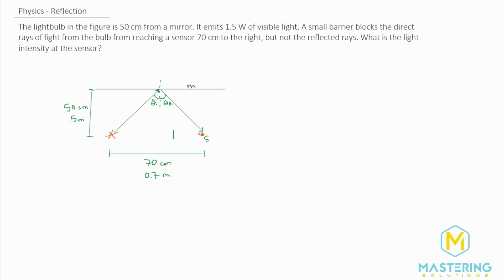Now, what is the sensor seeing? Well, the sensor, if it could logically think about it, it would say, well, the light bulb is up here. That's what it would look like to the sensor. And so we need to figure out what the intensity is, and this will come into play in a moment. To figure out intensity, let's try to remember the formula for intensity. I for intensity is equal to the power over the area. We know that power is going to be the 1.5 watts.